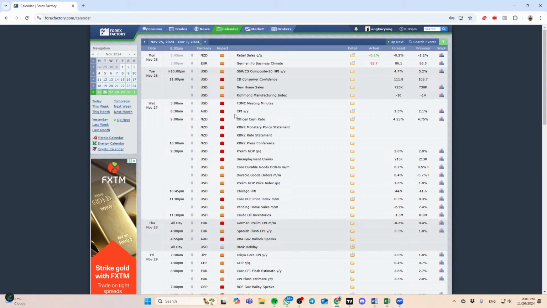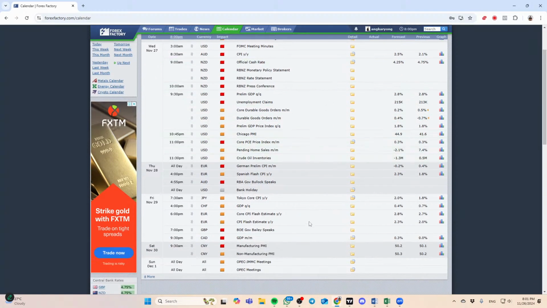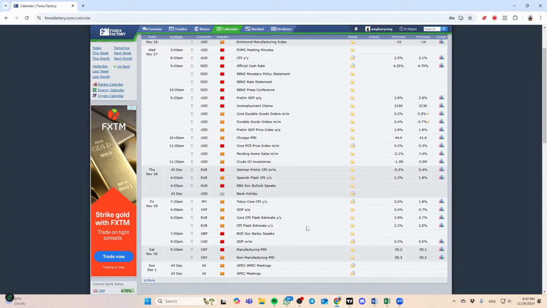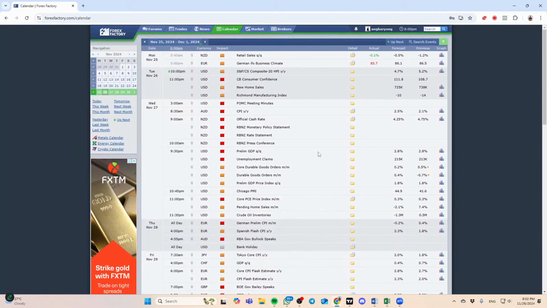Then tomorrow morning, we are also having the Australia CPI as well as the RBNZ rate statement. So Aussie and New Zealand, definitely some volatility coming in. We do see that the market is kind of expecting the RBNZ to cut rates from 4.75 to 4.25. Okay. And throughout the week, really nothing much all the way until Friday. We do have the Canadian GDP, but I don't think those are gonna be market moving data or market moving instruments. Okay, so I think the key focus for the week is just gonna be tomorrow, where we have FOMC, CPI from Australia as well as the RBNZ rate statement.